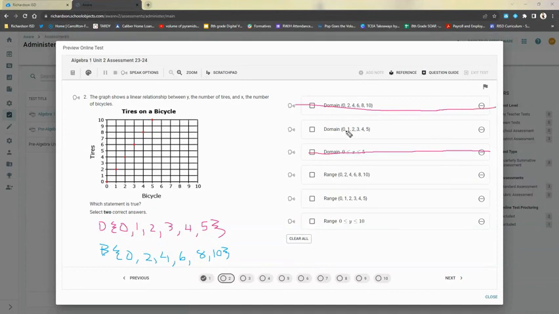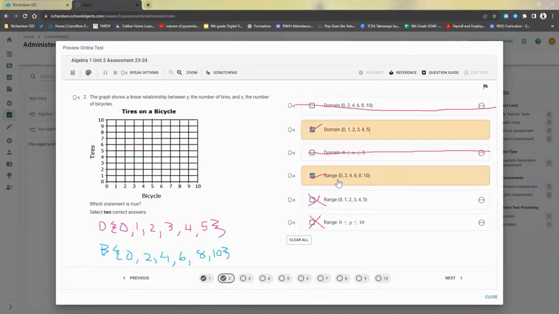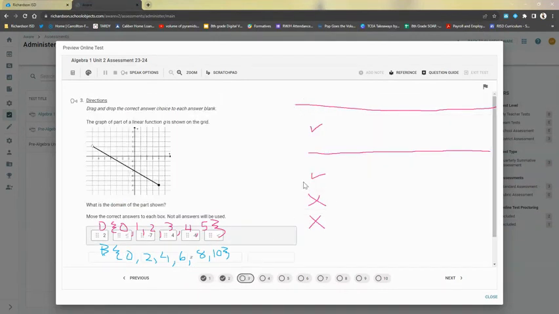This one, 0, 1, 2, 3, 4, 5. This one seems right, so I'm going to check this one. That is the domain because that matches what I wrote. Then we have range, 0, 2, 4, 6, 8, 10. That seems right. It's not going to be 1 because 1 wasn't listed, so that's wrong. And it's not going to be inequality. So the two correct answers are going to be the range and domain. Okay, and that's what you need to have listed out, or this is fine. 3,